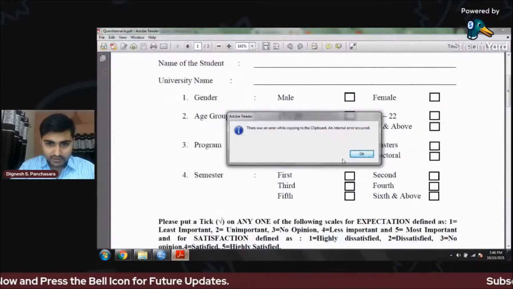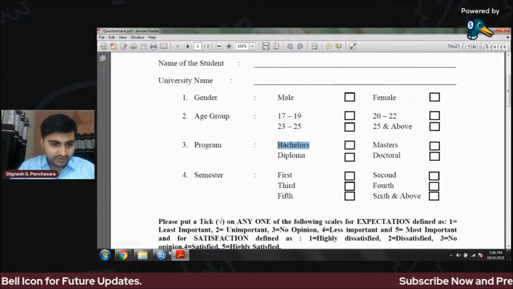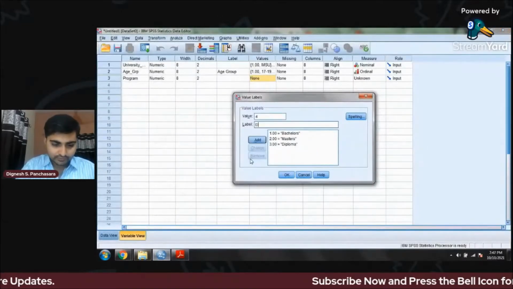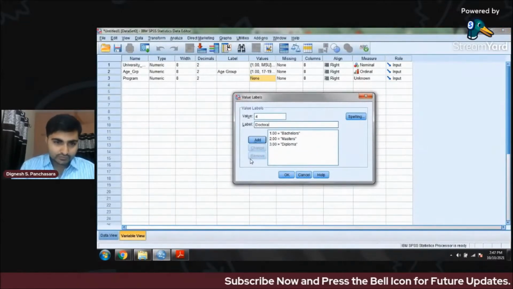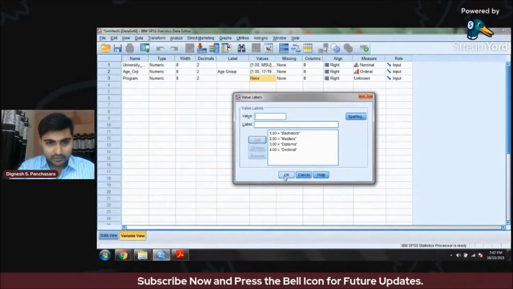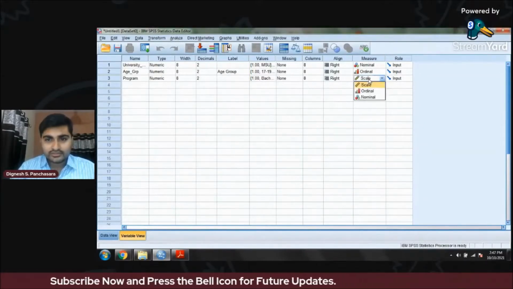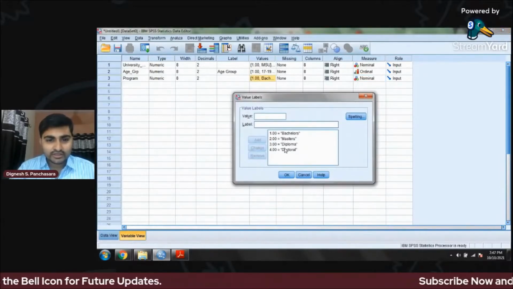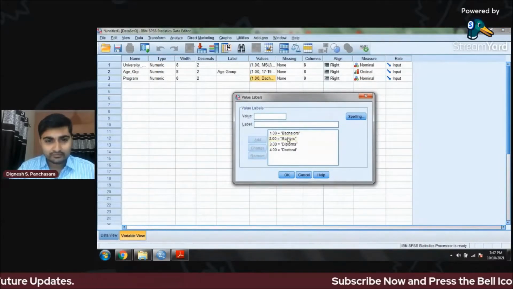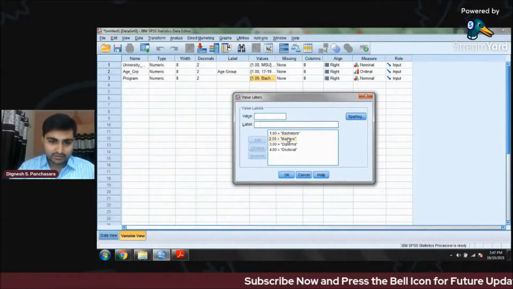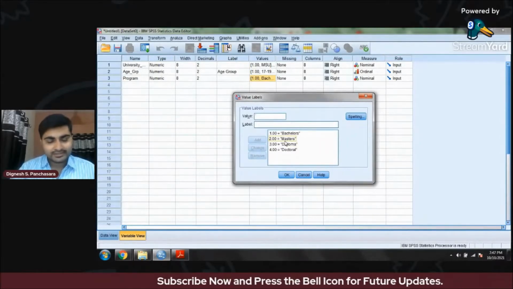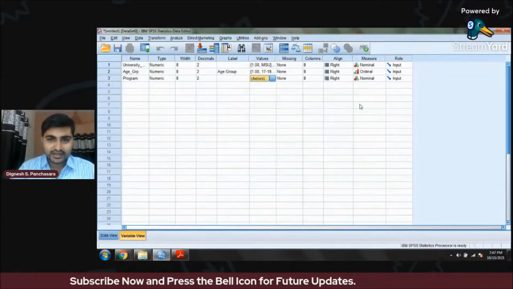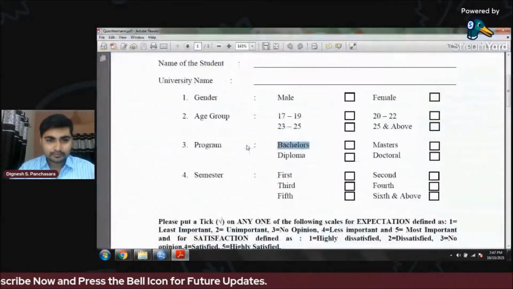What was the okay doctoral, that is PhD, right? Okay. Now this is nominal data because if I give 1 number to doctoral or 3 number to bachelor, 2 number for diploma, 1 number for masters, nothing going to change in this, right? So this is nominal data.